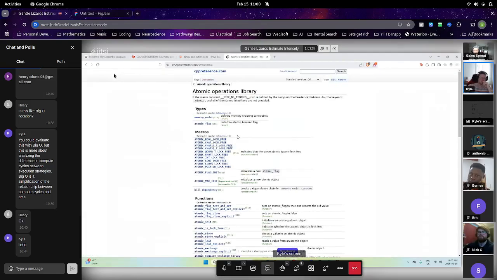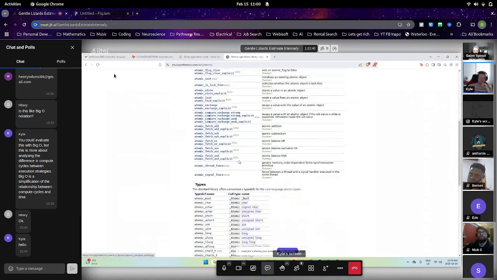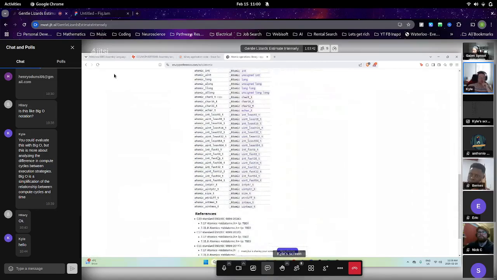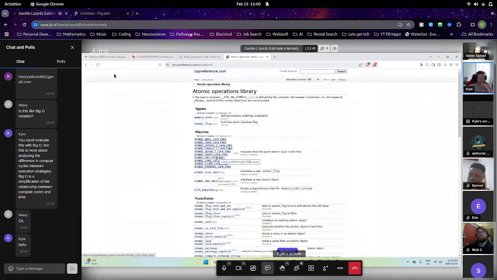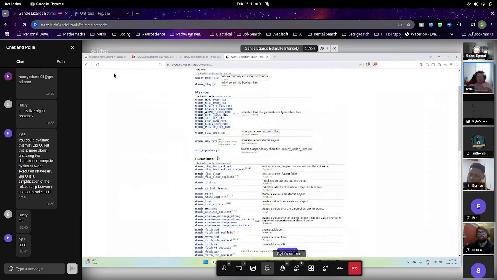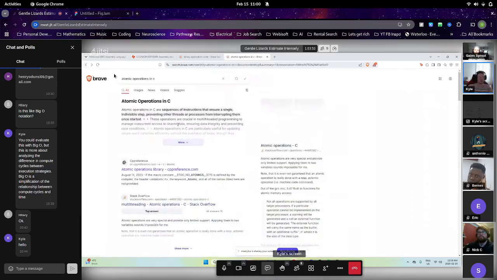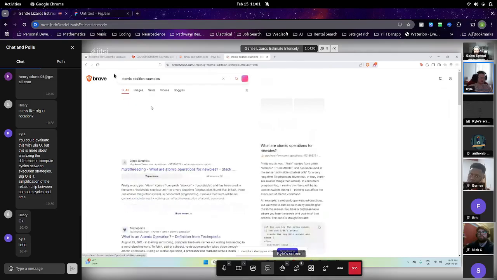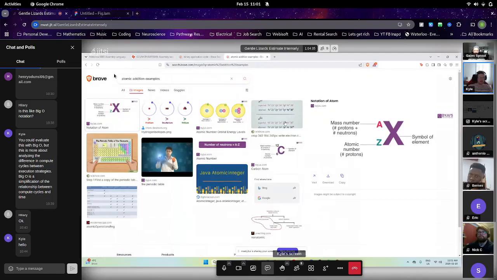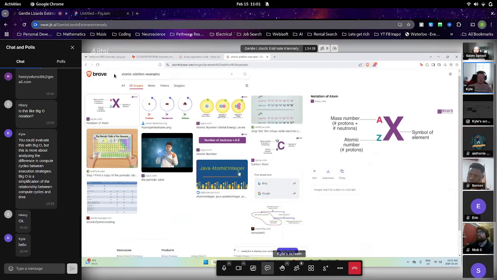there's something called atomic operations, and these are operations that occur within one compute cycle. There's only so many that you can do, and when you're doing high performance computing, atomic operations are the best thing that you can do, like atomic addition, for example, here. And I believe Haskell has an atomic library, but I don't think we're getting into that today.